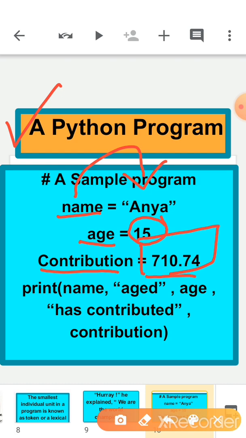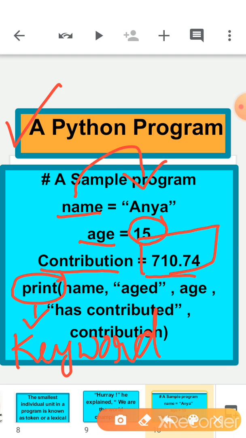Now what is print here? Print is a keyword here. What is the meaning of keyword? In an upcoming video I am going to explain that, but in short I would like to say that a keyword means something inbuilt which already has some meaning saved in the mind of the computer.